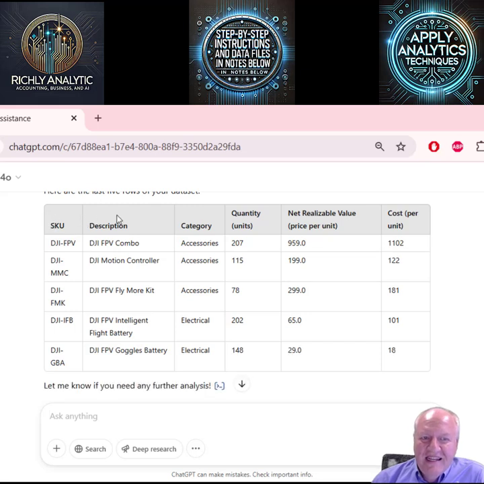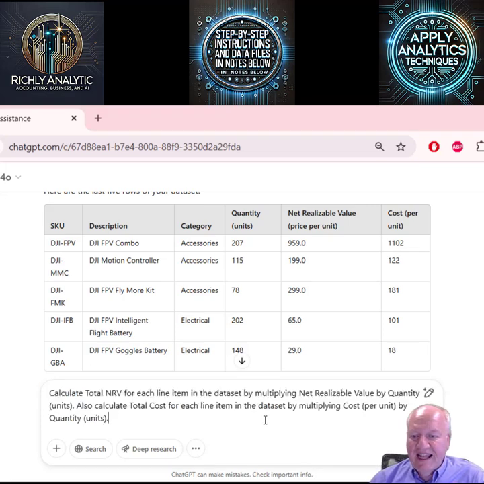You can see now that it's starting to show the data dictionary: the SKUs, description, category, and so forth. It looks like it's in good shape, so now we're in a position to analyze that data and apply analytics techniques. We need to calculate at another level. This is price per unit and cost per unit, but we need it for each product, each category, and overall.